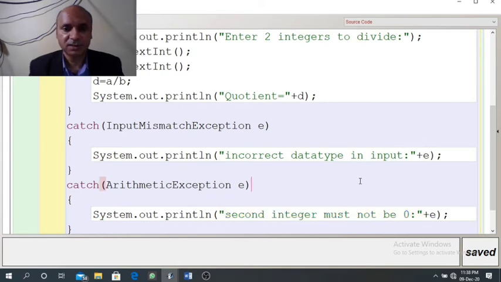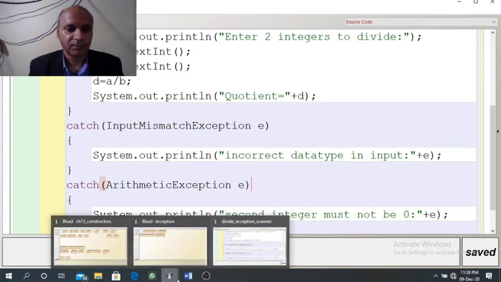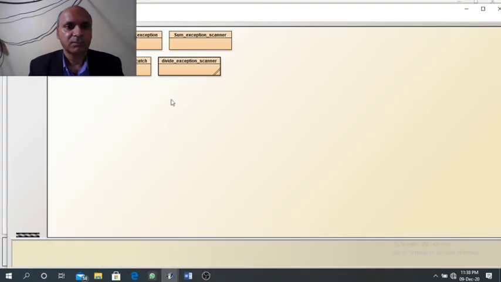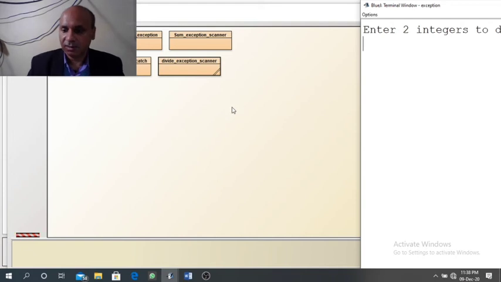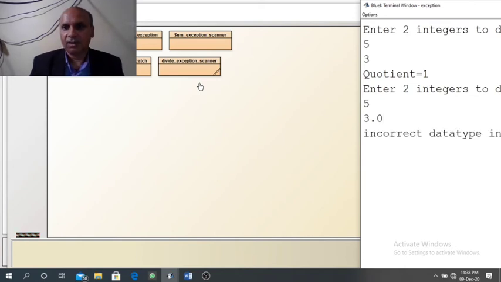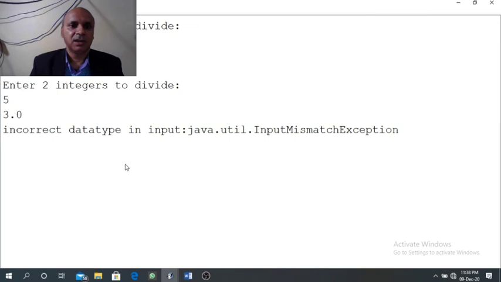Now let us see the result. When we run the main method, when both the values are valid, that is 5 and 3, we are getting the result. So no runtime error here. First value is okay, but the second value is double type. Now in this case you can see we are not getting the irritating message.